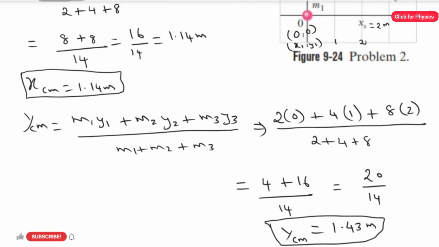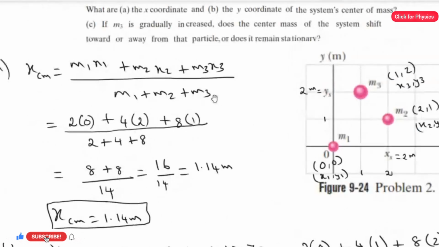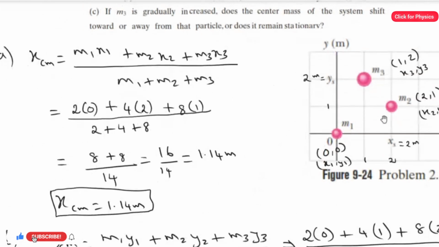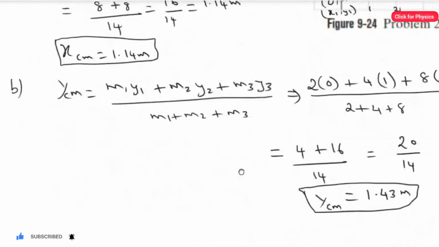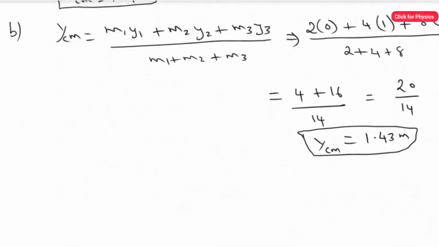Now we have found the answers for part A and part B. For part C, they ask: if m3 is gradually increased, does the center of mass of the system shift towards m3, away from m3, or remain stationary? What we studied in theory is that when any one of the masses in a system is increased, the center of mass shifts towards that mass. So how can we give the answer for the third part? For giving the answer, we have to write the center of mass